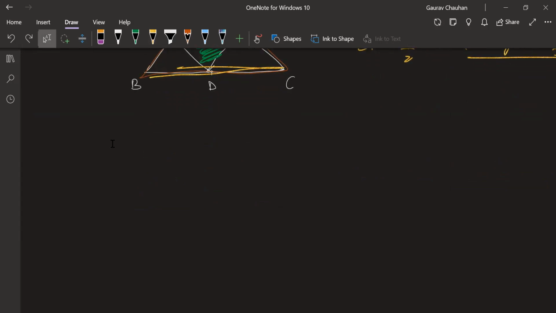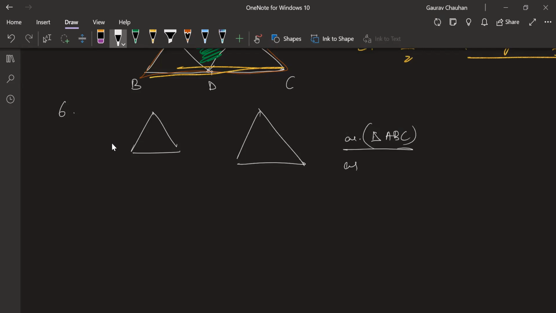Okay. Moving on, question number 6, Dilruba. Question number 6 is very easy, like the ratio of the areas of two similar triangles, which is area of triangle ABC divided by area of triangle XYZ. If we have already shown they are similar, it is equal to the squares of their medians. So AD square by XM square.